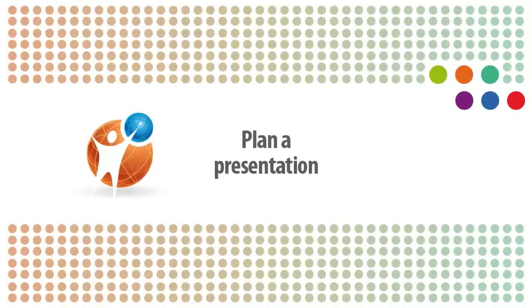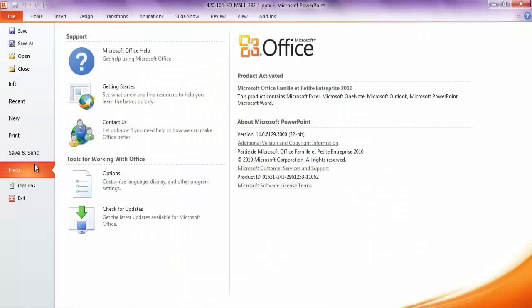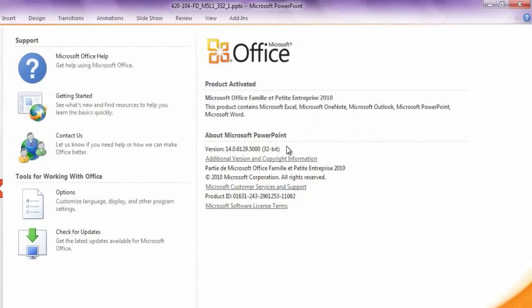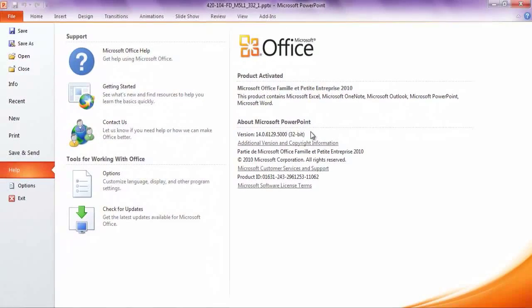Before you start your digital presentation, it's important to plan it so it will be relevant, well-structured, and attractive. Your audience will definitely appreciate it. To illustrate this example, we will use PowerPoint 2010. You will notice that some presentation programs are somewhat different. Take the time to get to know the particularities and basic functions of the program you're using before you start